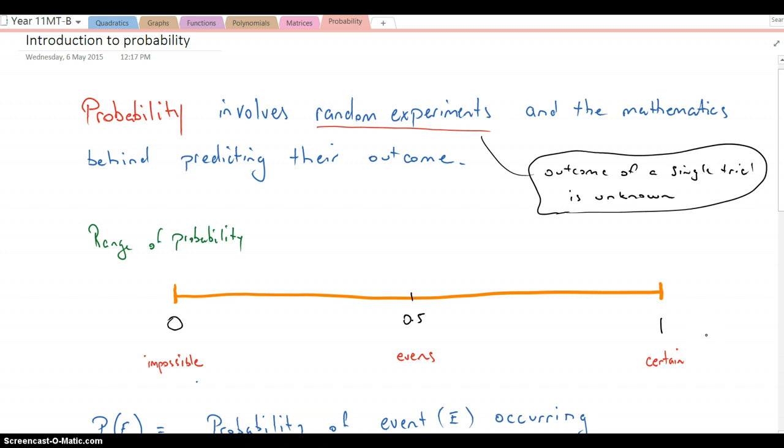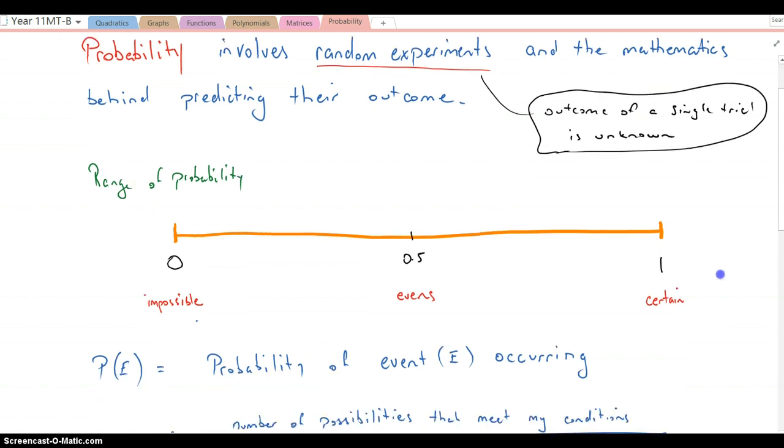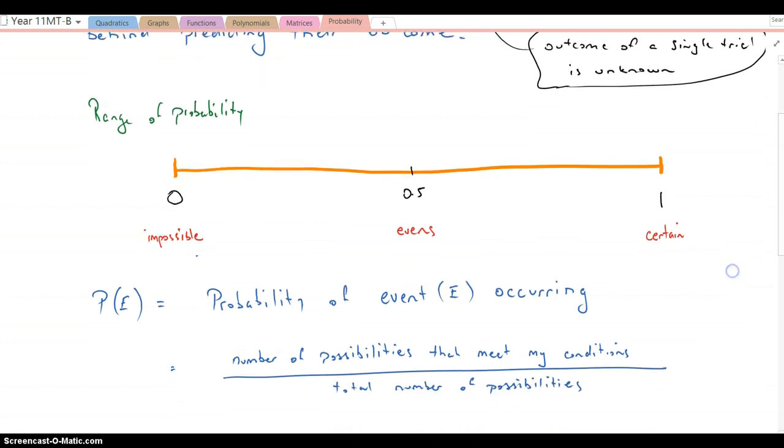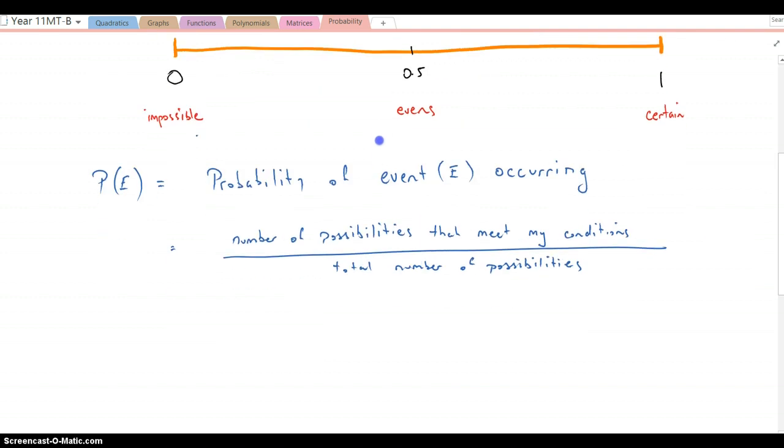Okay, so we're dealing with a huge area of mathematics here, and one that I think ranges in difficulty and understanding from very straightforward right through to some of the most complex mathematics that you can imagine. And some of the most highly paid professionals in industry are those that specialize in probability calculations. So they've moved on from the jelly bean type examples and the tossing the coin, which is the point at which we start. So let's move on. So there's our range of probability.